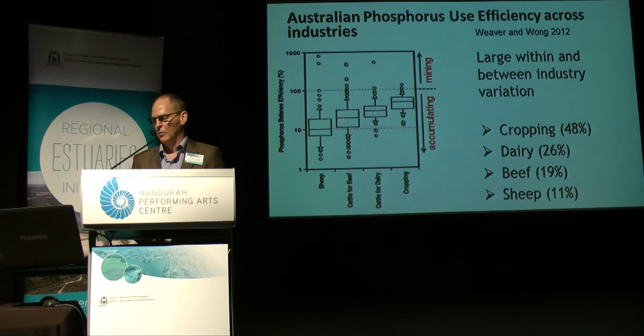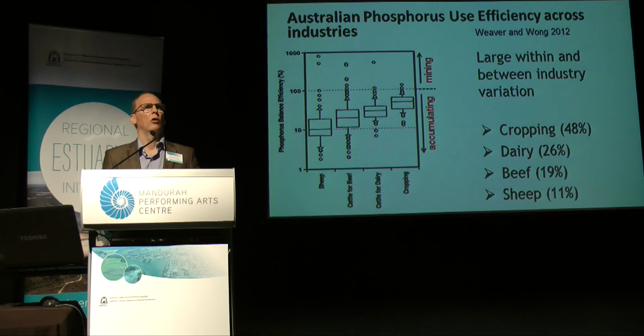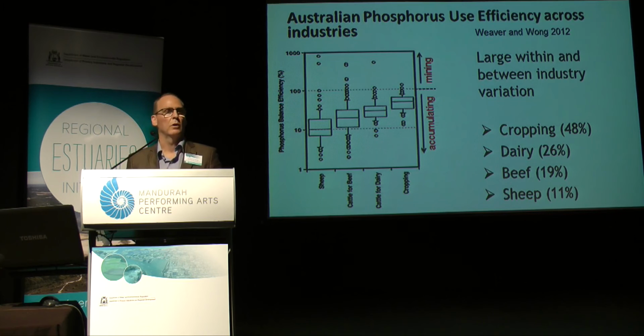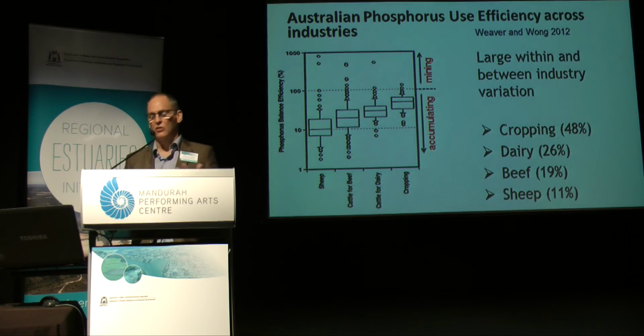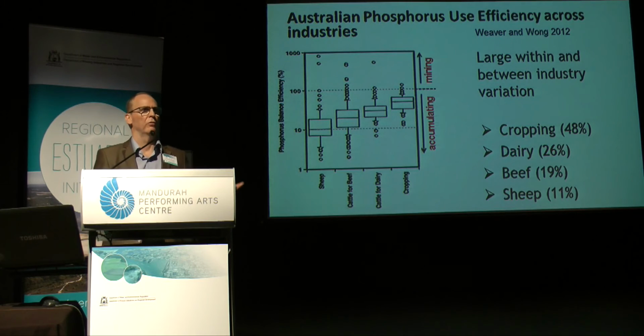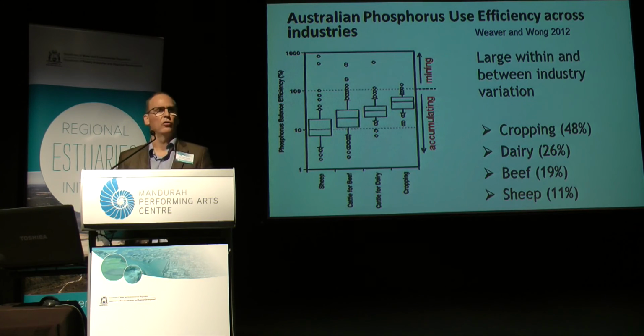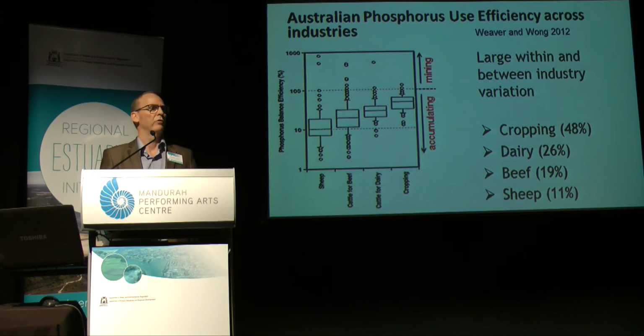It is. And so you can see the diversity of efficiency of capture of that phosphorus, ranging from just under 50% down to 11%. What's interesting to me is there's really not a relationship there between the intensity of the system and that efficiency. That's really important. So you can see the fairly extensive cropping-based systems have an efficiency of 50%, whereas you go to sheep, which is a very extensive grazing-based system as well, it has a low efficiency of about 11%.